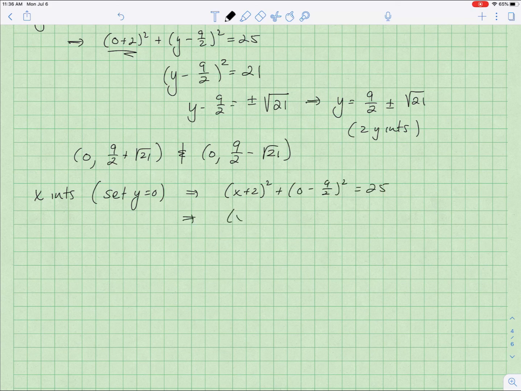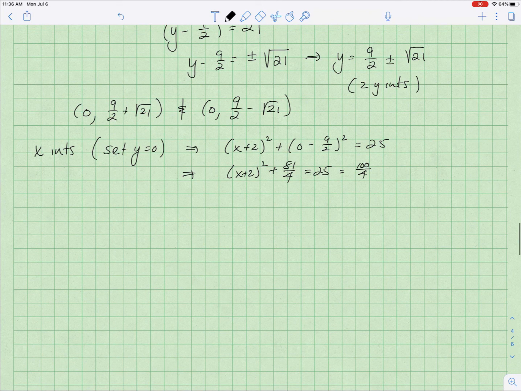That's going to yield x plus 2 squared plus 81 over 4 is equal to 25. I'm actually going to rewrite that as 100 over 4 so that I have a common denominator. That way when I subtract, this is x plus 2 squared is equal to 19 over 4,